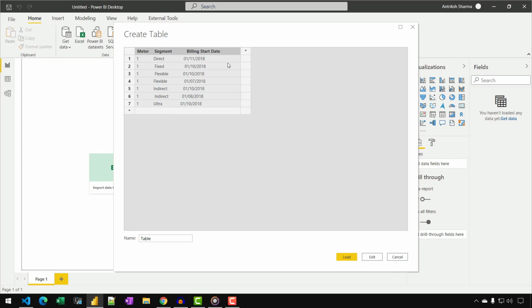So I thought, why not create a video on this topic and see how we can split the data using the space as a delimiter and split the data into three different columns. So let's get started. The first thing we need to do is name the table. In this case, I'm just going to name it data and then click on edit.